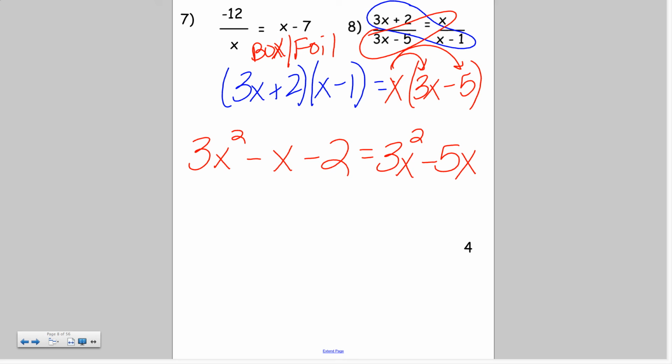Alright, so I've got those x squareds again. So I'm going to move